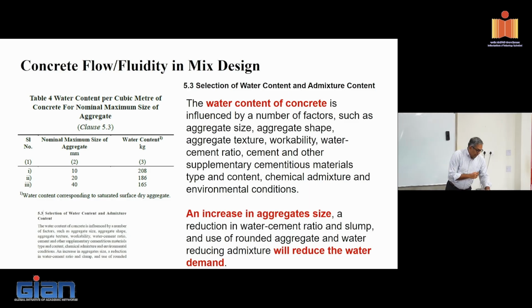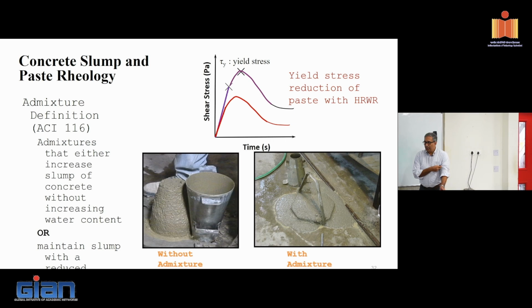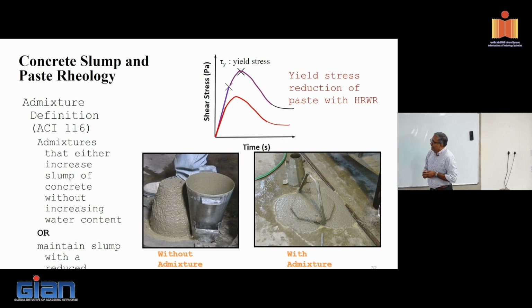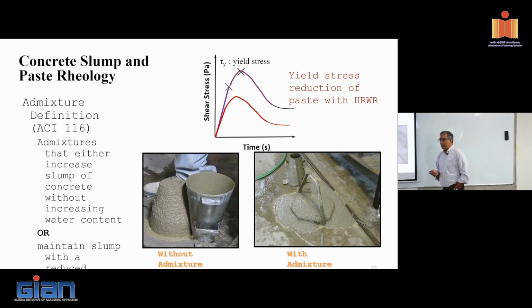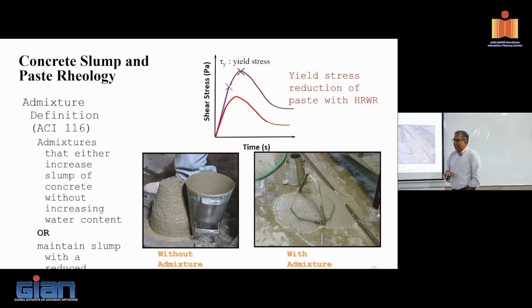Now comes my last lever that I want to press, which is, I've done everything. Now I want to control my water demand. That is, I want to make concrete flow with less water because I have other constraints, right? There's already a limitation put on the cement content. I want to achieve a certain strength, which means I have to use a certain water to cement ratio, right? Even if I maximize my cement paste content in there, the paste itself has a very high yield stress. So what will happen then? If the paste itself has a very high yield stress, this is what I end up with.